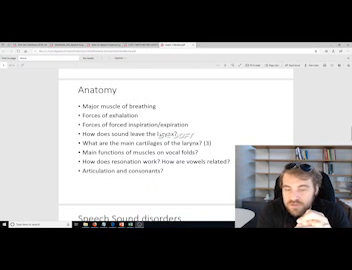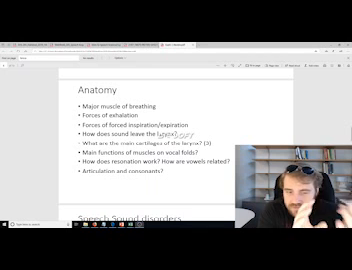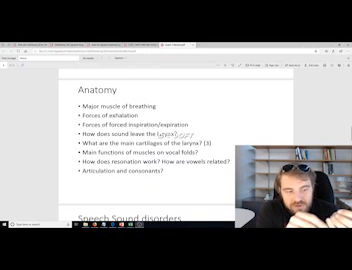The three main cartilages of the larynx are the thyroid cartilage, the cricoid cartilage, and the arytenoid cartilages. There's more, but for this class, that's really all we need to focus on. So the main functions of muscles on the vocal folds are going to be that